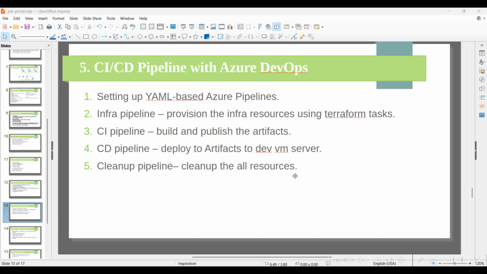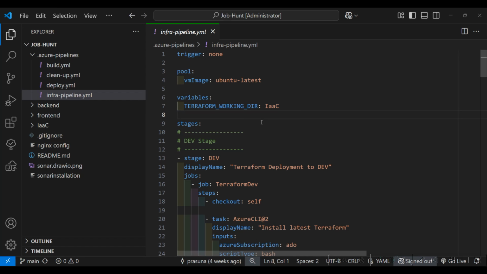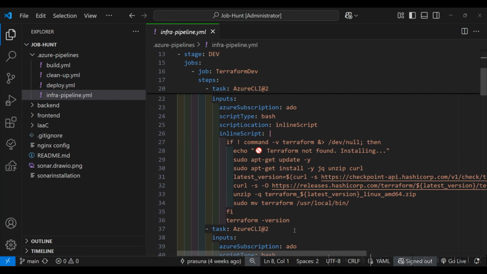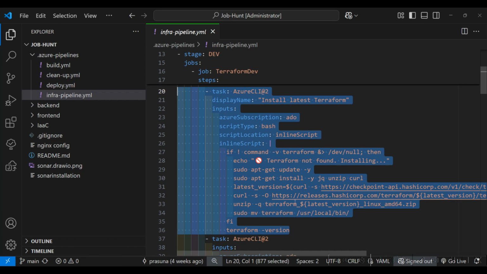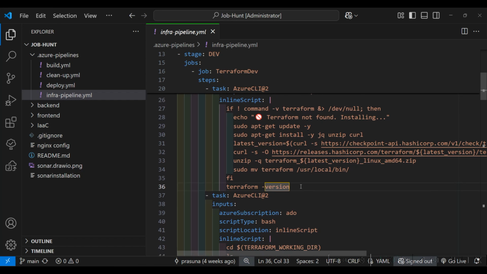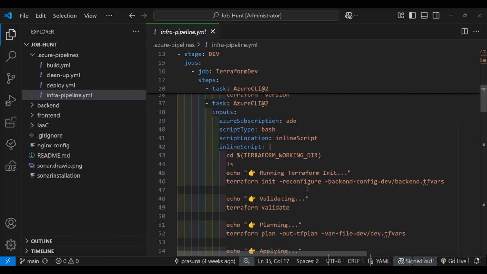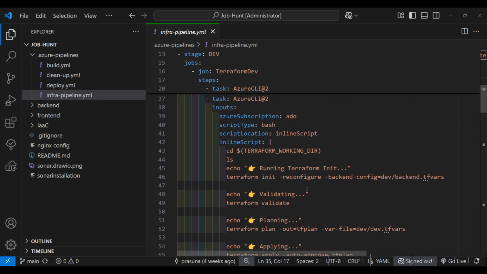So this is the standard process we are following from day one onwards. Step one: this will install the Terraform CLI if it is not available. If it is available, it will show the Terraform version. After that, we are following some